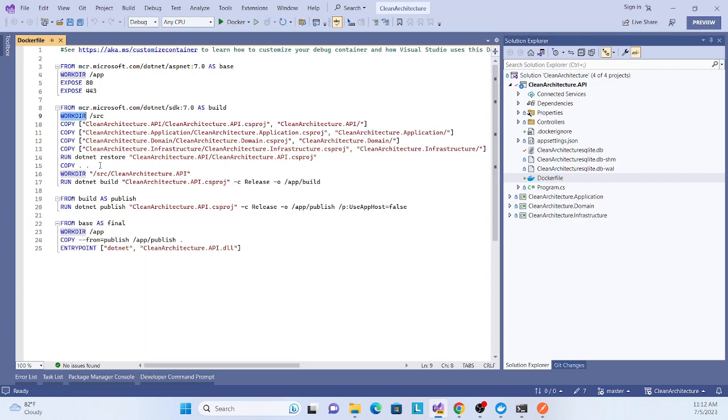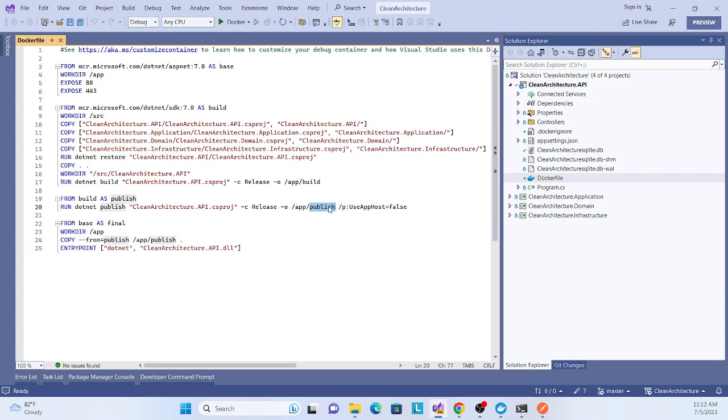Then it restores our application, and copies the whole root directory, storing the src and clean architecture as folders. Then it creates a work directory, and the .NET build command is fired: first it restores, then it creates a build, and finally it publishes, building as a publish, and it will publish to this app publish folder.